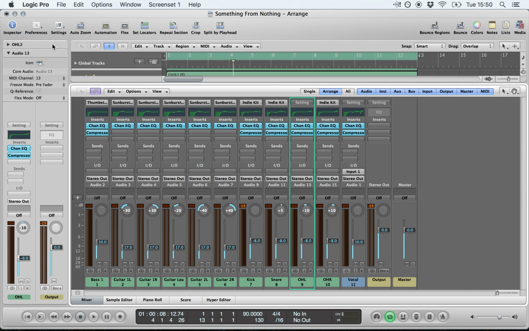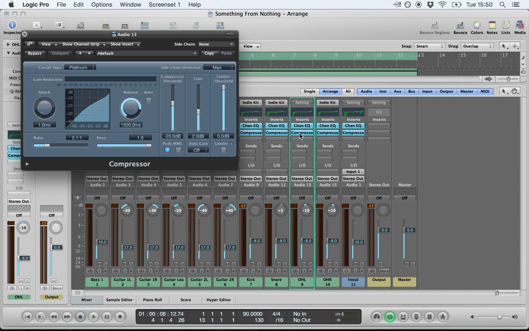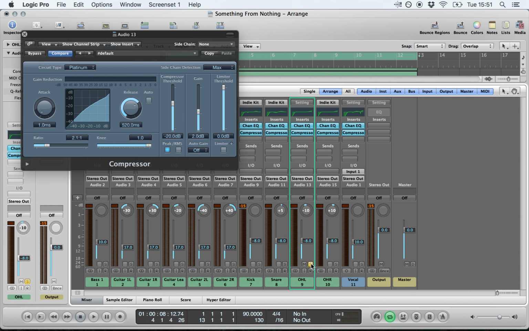But then when you're dealing with something like an overhead for a drum kit, you're probably going to want to make sure that the compression is a bit softer. So a ratio of 2 to 1, similar attack and release times, although if you wanted there to be a bit more room in terms of dynamic range, you could reduce your release time perhaps to something like 500 milliseconds, so that the compression isn't as noticeable. And then you could also reduce your threshold, and your gain level ought to be set according to your gain reduction. So listening to the overheads now,